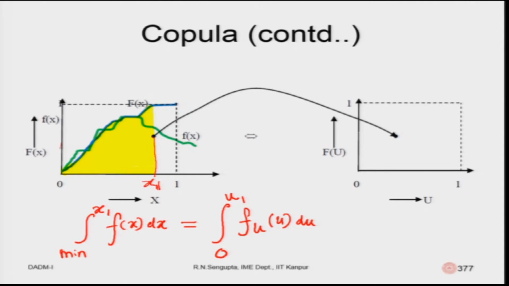So, this uniform case would basically be up to u1, and the total CDF value, consider this is here, will be